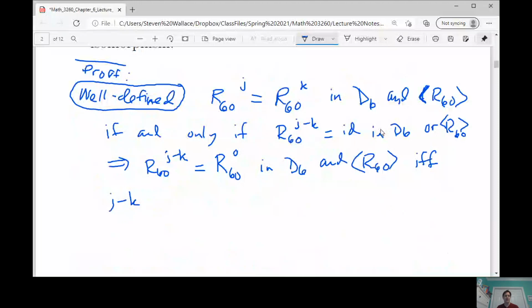Right, is a multiple of, yeah, so 6 divides J minus K, since the order of R60 is 6, right? And that means that J minus K will be congruent to 0 mod 6. Hence,